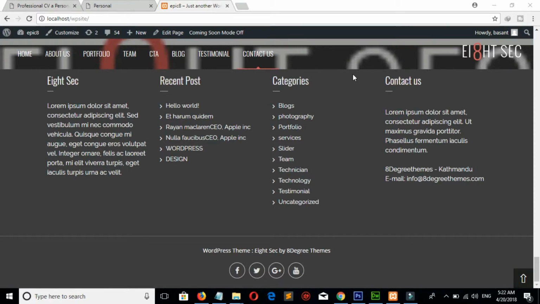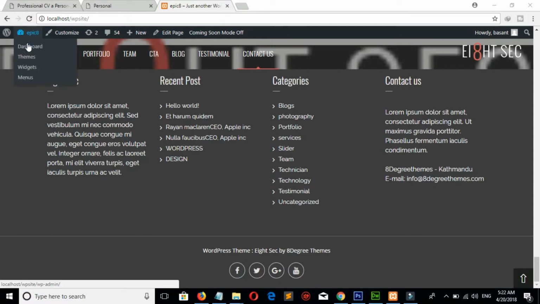Hello YouTube, today I will show you how to change the copyright text in WordPress themes, especially free themes that make it pretty much impossible to change the copyright text. But don't worry, after watching this video you will be able to change the copyright text in any WordPress theme. So without further ado, let's move into the video.